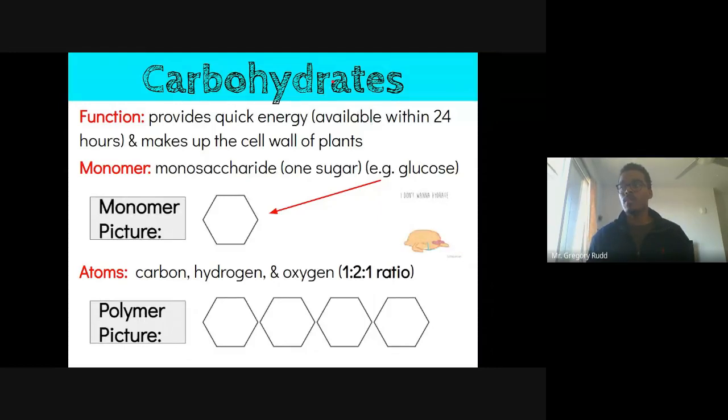Another function that we'll talk more about in the second unit is that carbs make up the cell walls of